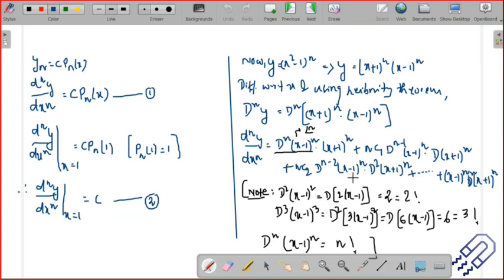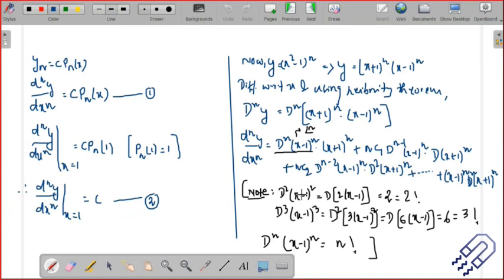But then we are going to use something which is logical, but sometimes we miss if we don't understand it, and that's why I've given you these steps: if we differentiate it the same number of times as the power of the variable, we are going to get the factorial of that power. So based on this, we can write down this as factorial n. But what about this? This is n minus 1 and this is to the power n. So if it is reduced by 1, this will come once at the front, that's for sure. If it is reduced by 2, this will be x minus 1, x minus 2, and then it will be there. We can keep on doing it, but we are not going to do it because